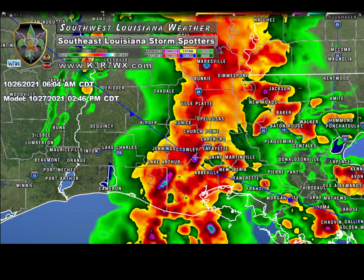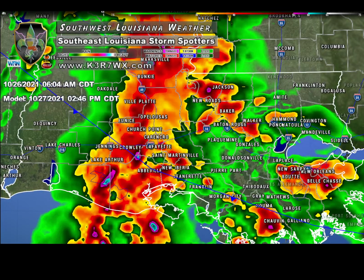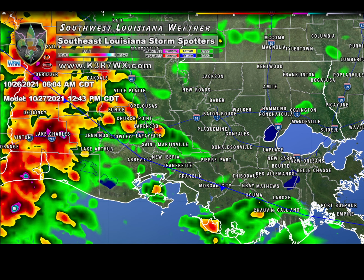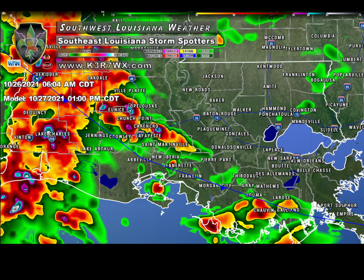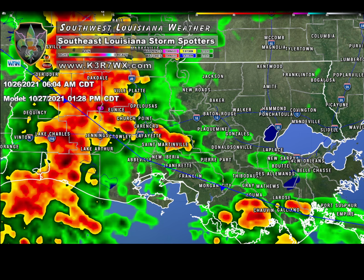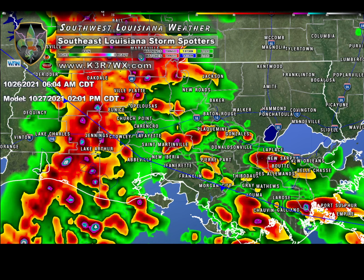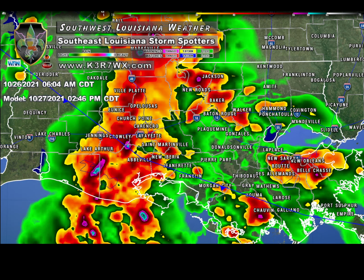So here we go in the mid-afternoon, and you can see even by that point, and let me back it up here just to give you a better perspective. You can see as we move towards 1 o'clock and then forward, we get into 1:45, now 2 o'clock, things really start to ramp up here in southeast Louisiana, and we're still rock and rolling like the Ayatollah over here in southwest Louisiana at this point. But it's beginning in southeast Louisiana, and then as we continue to move forward, things become really